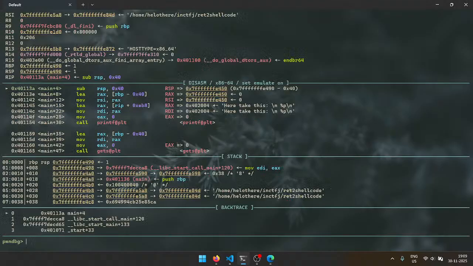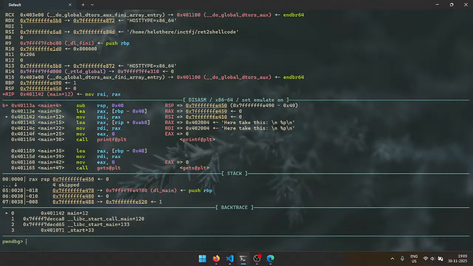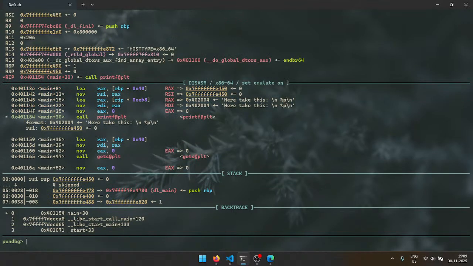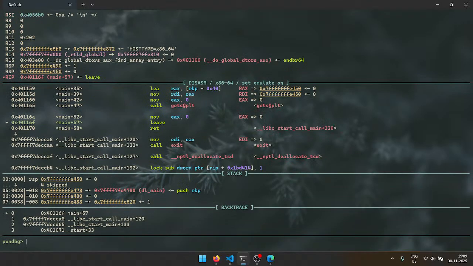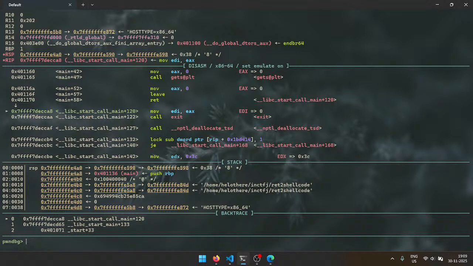Breakpoint at main. It's basic ret2win, but there is no win. We can do a buffer overflow here because of the gets. What can we do with it? If I do vmmap, which is used to show the memory map of the program,